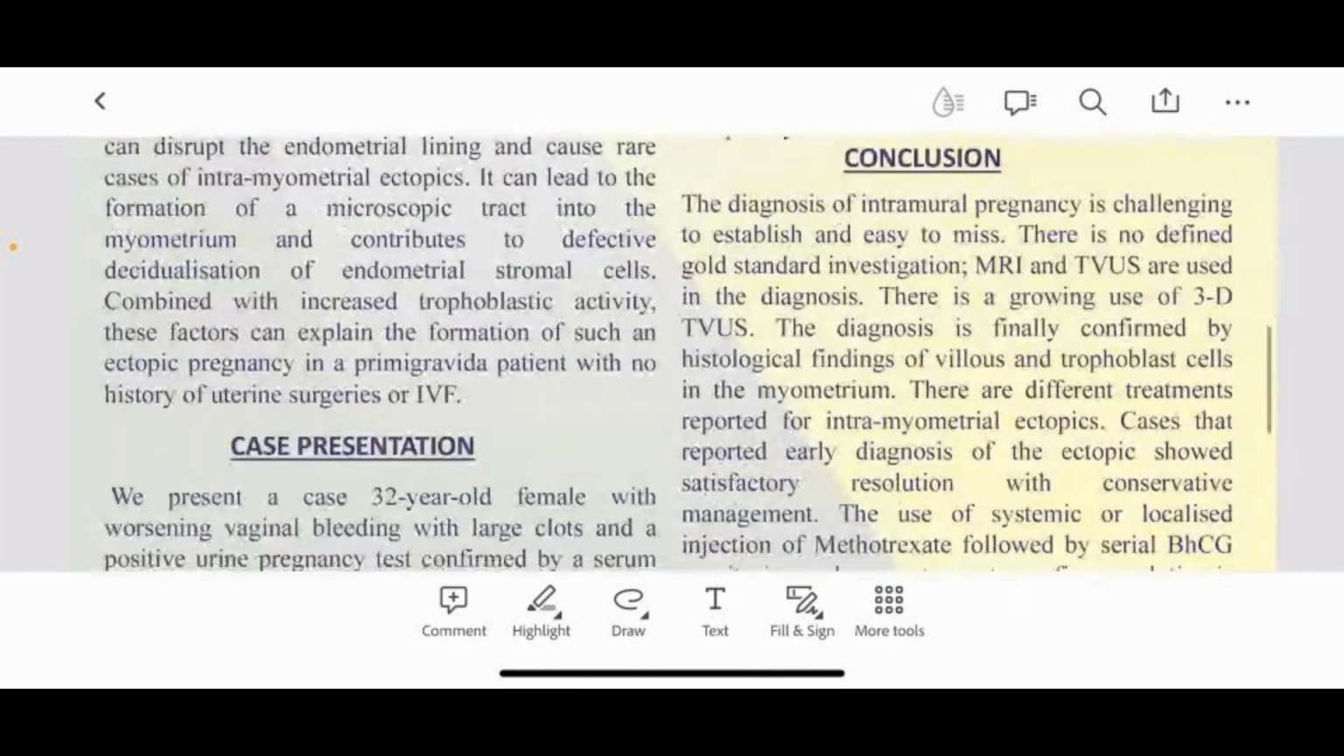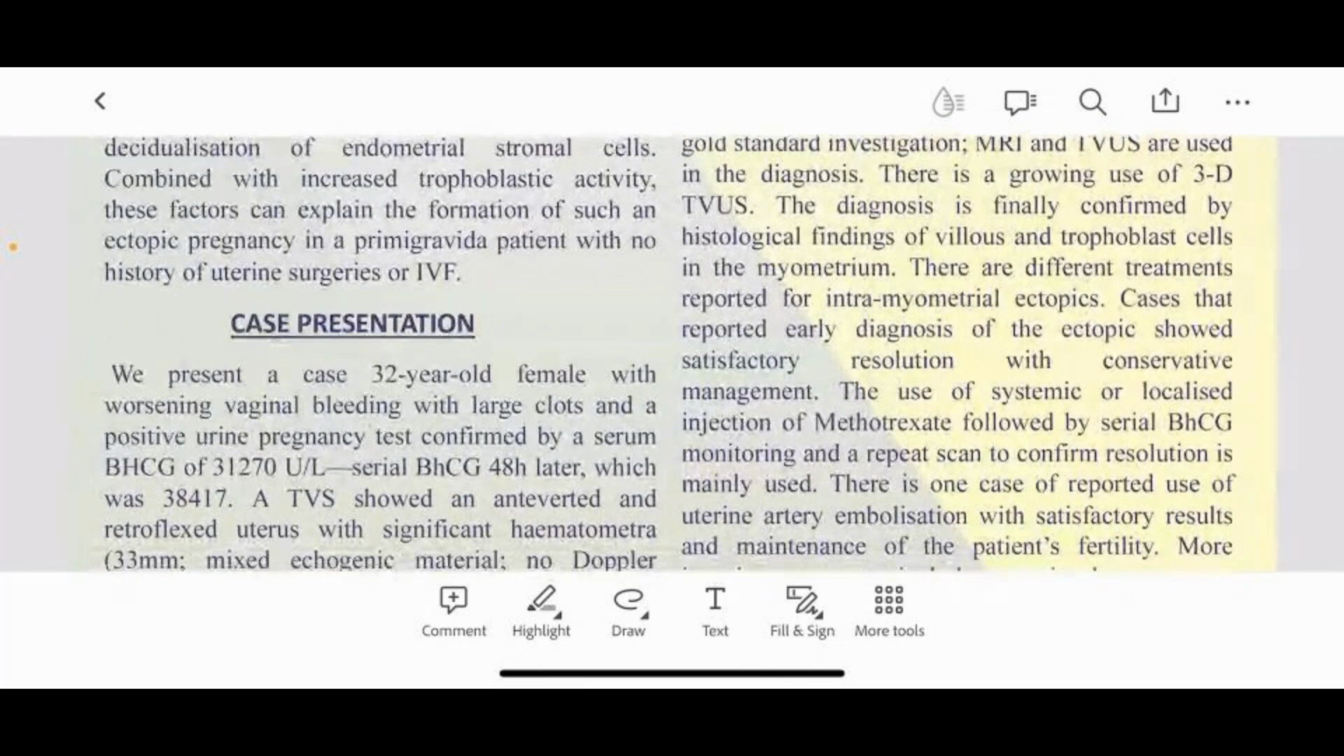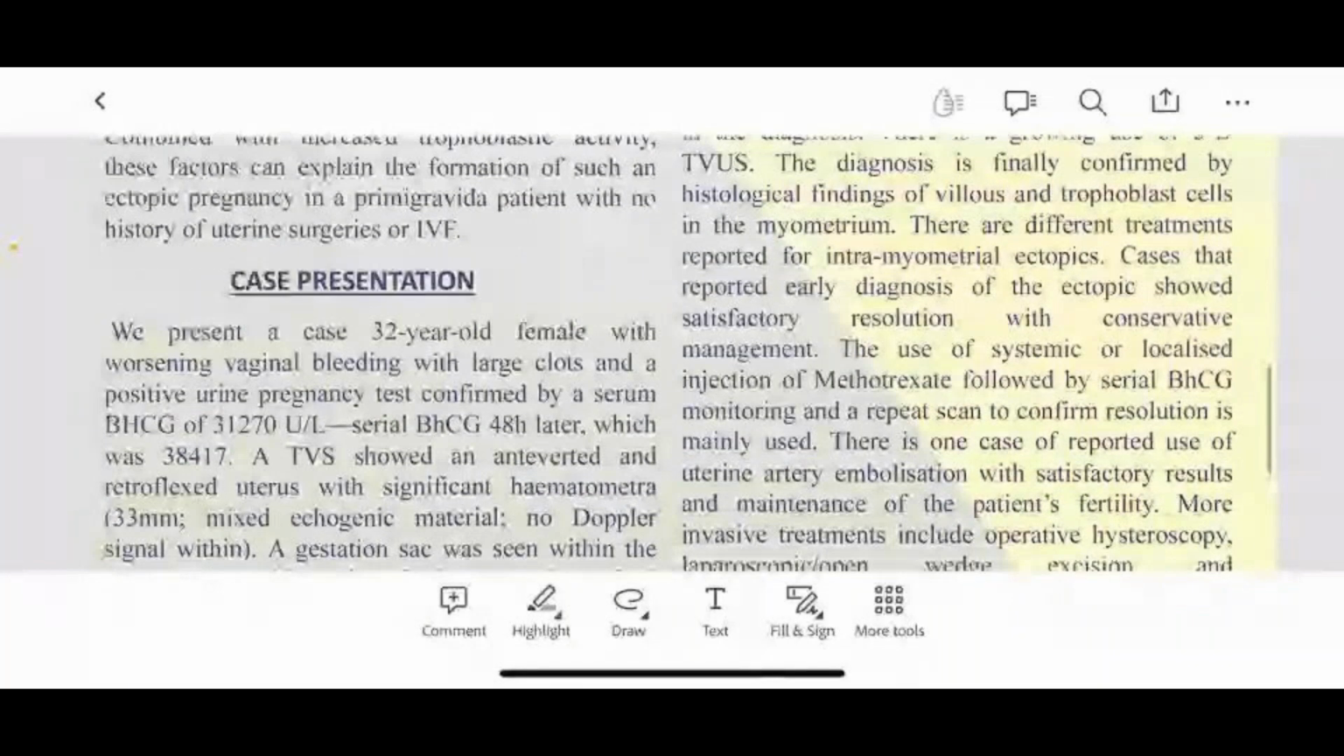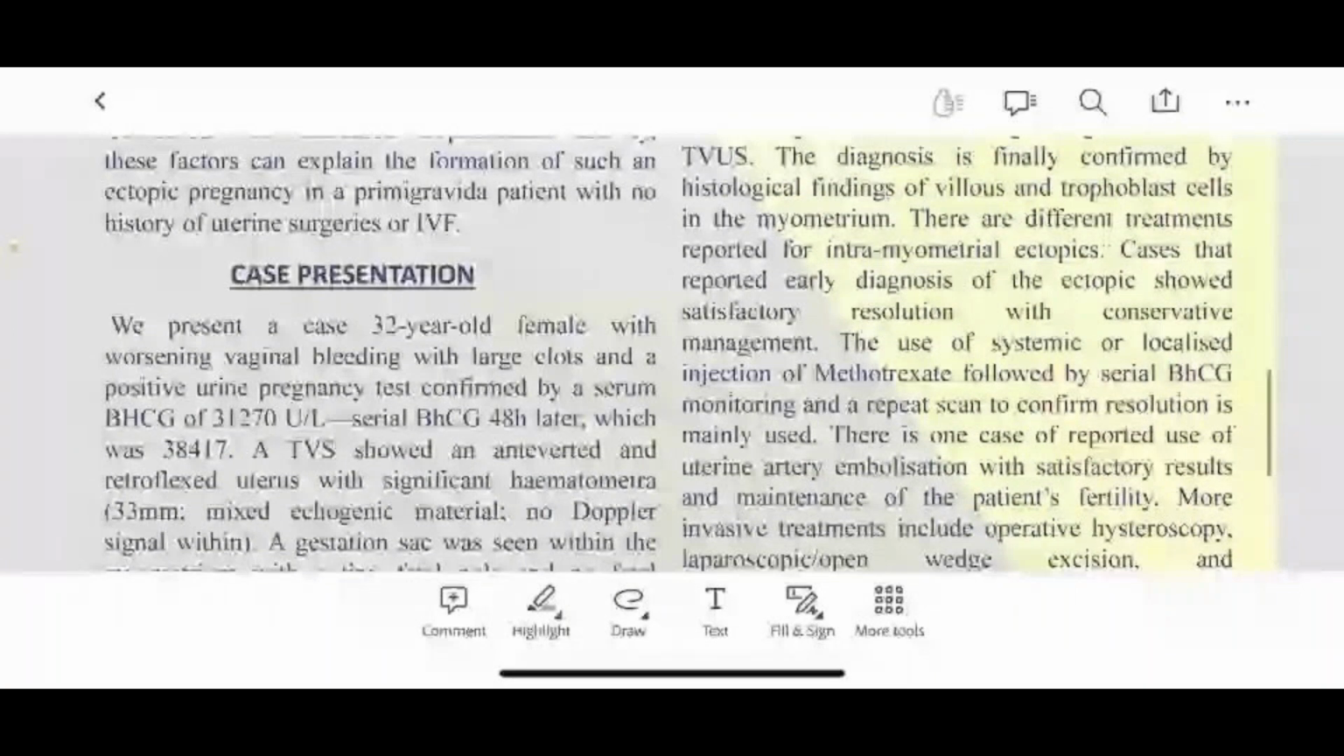We present a case of a 32-year-old female who came in with vaginal bleeding, passing clots, and a pregnancy test that was positive a week earlier. She had a beta HCG of 31,270, and 48 hours later, it had not doubled, rising by only about 50%. It came out to be